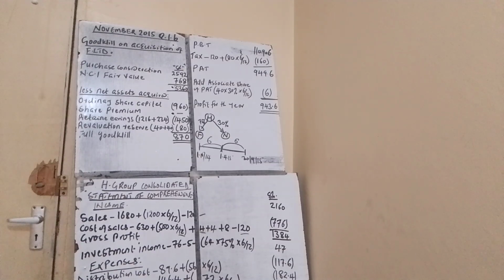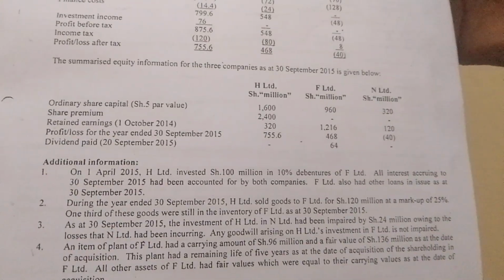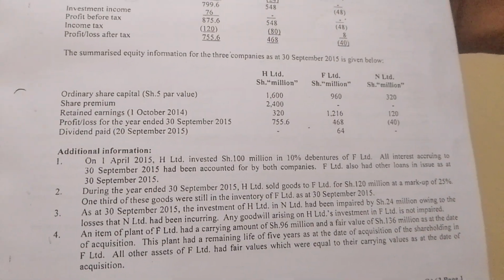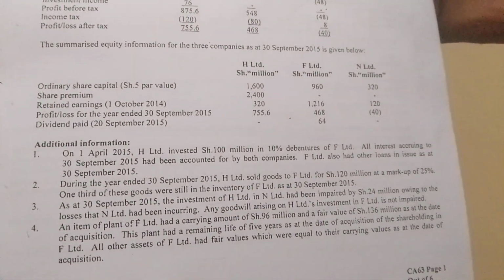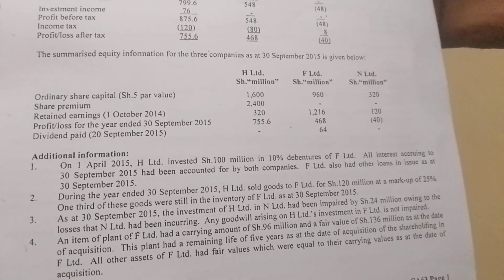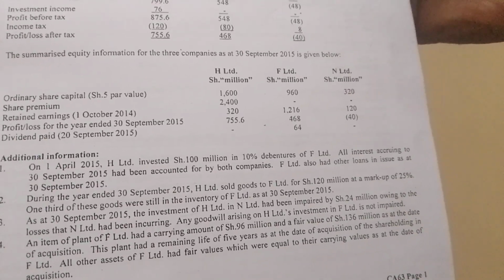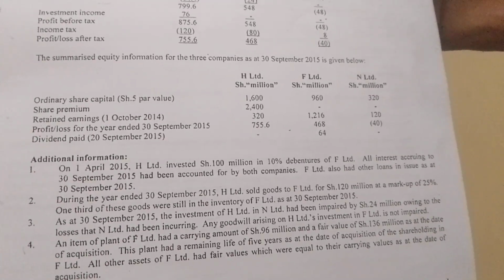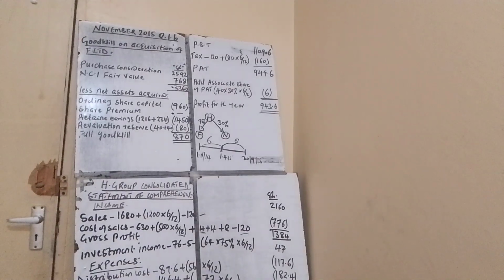If we did additional information number 1, you refer to additional information number 1. You had been told that on 1st April 2015, H Limited invested shillings 100 million in 10% debentures of F Limited. So at that point, we say that